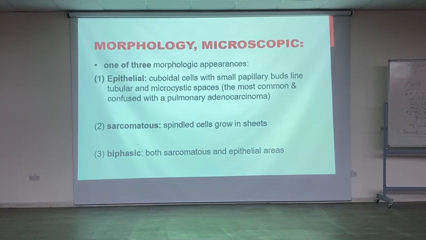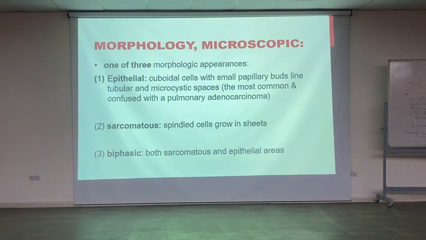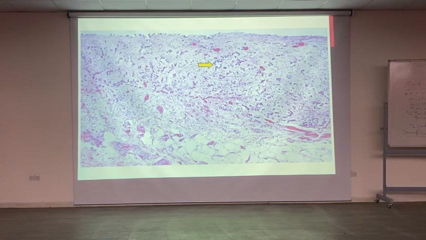The tumor also can be growing as spindle cells, and this is called sarcomatous. So the second form of growth could be sarcomatous. And also the tumor can be biphasic, meaning it has the epithelial component that resembles pulmonary adenocarcinoma, and also it may show the spindle cell proliferation. This figure shows you an invasive